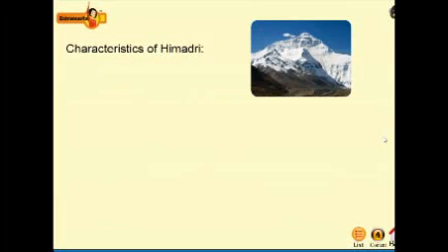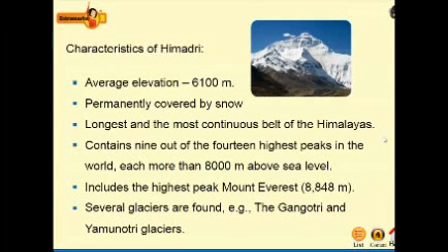The characteristics of Himadri are: its average elevation is about 6,100 meters and it is permanently covered by snow. It is the longest and the most continuous belt of the Himalayas. It contains 9 out of the 14 highest peaks in the world, each more than 8,000 meters above sea level.